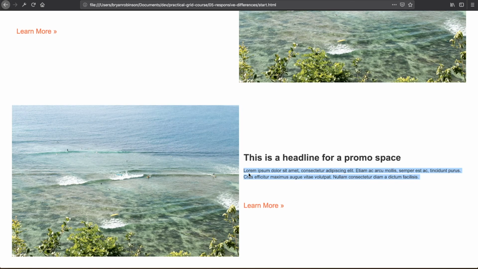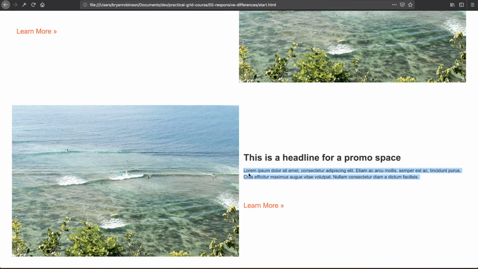I want you to take a moment and think about all 5 exercises and how you can apply those going forward. In this exercise, you could very easily take any number of promotional spaces or any number of layouts and adjust the way they look just by using grid template areas. Grid template areas aren't just for these big sweeping changes. You can also use them just to define out your regular grid. So any of what we did before, even those banner images from the last exercise, you could go back and refactor into grid template areas,